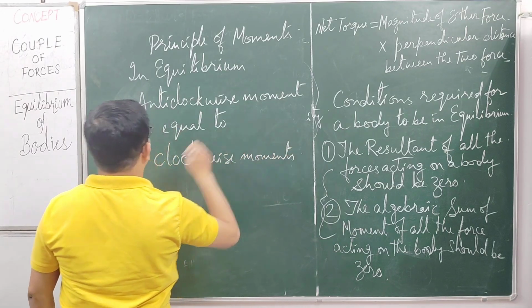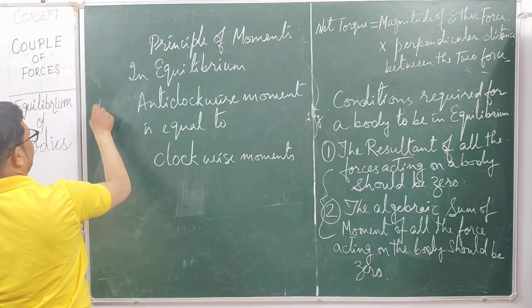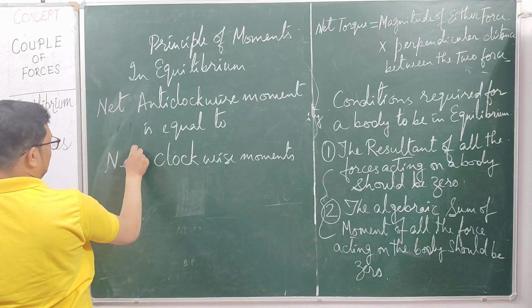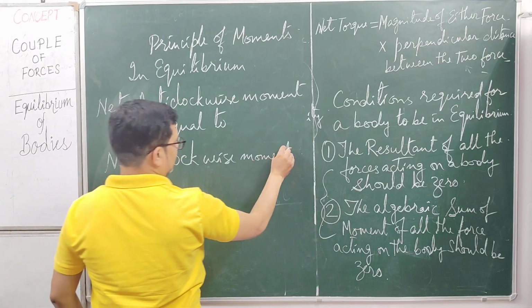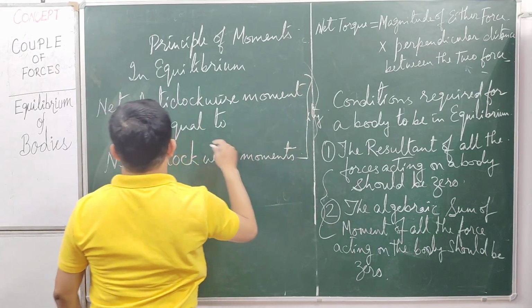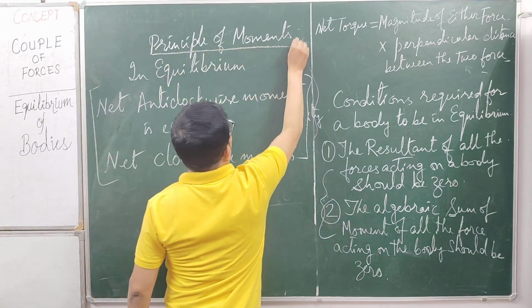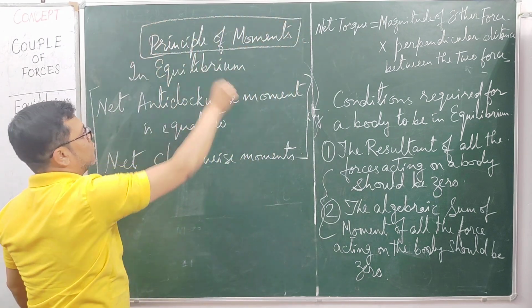So suppose multiple forces are acting, you can write that the net anti-clockwise moment should be equal to the net clockwise moments,